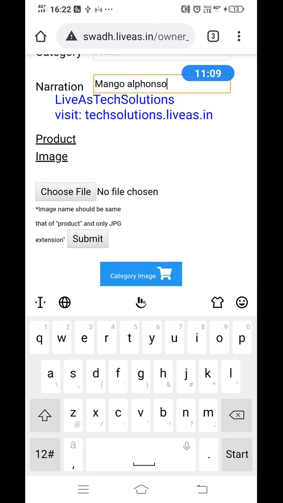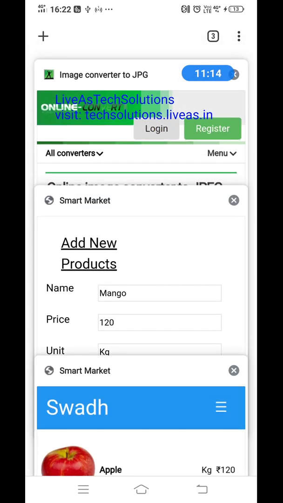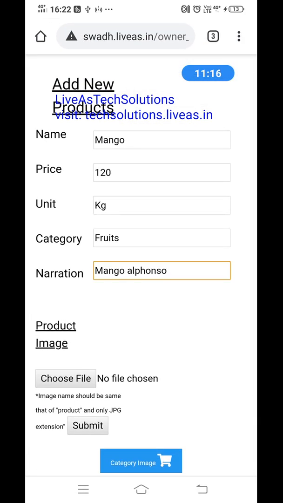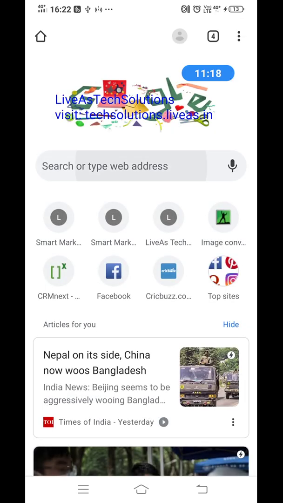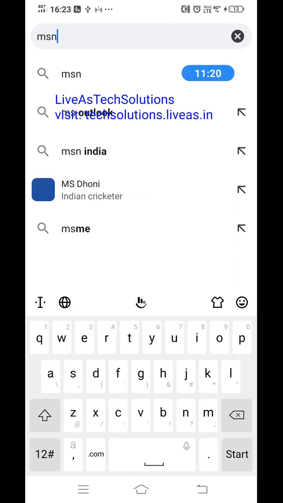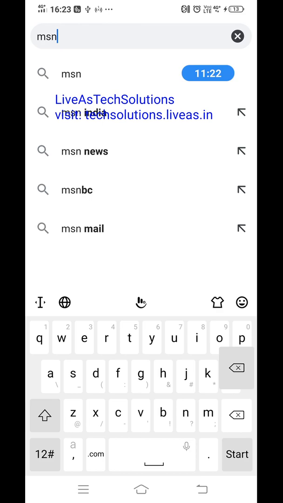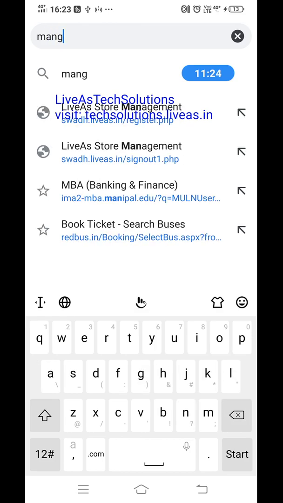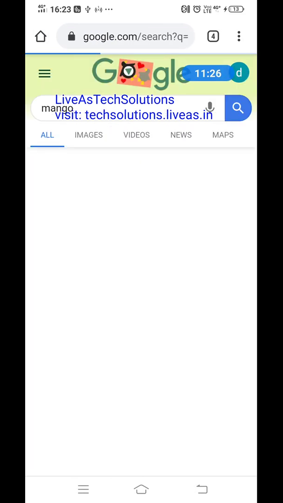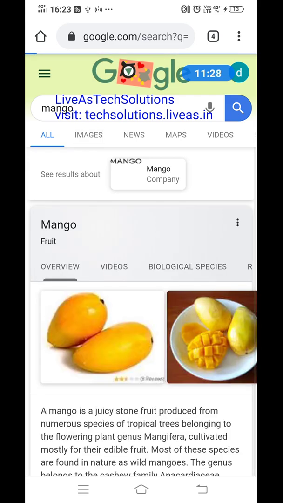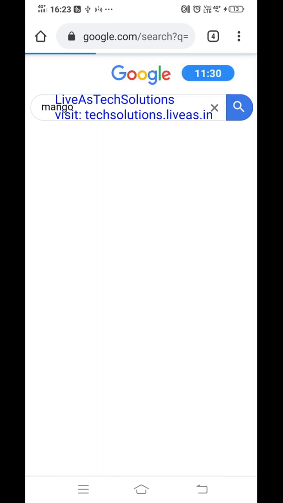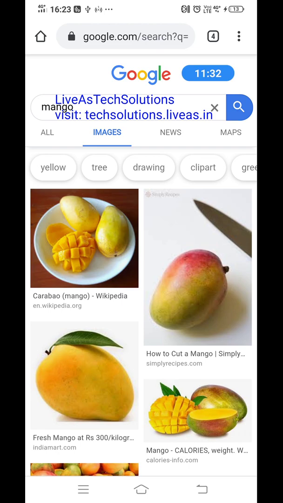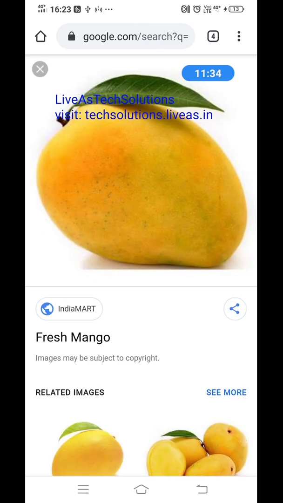See, the image you want should be in JPG format. You search for some image that I will tell you. Mango. Click here.